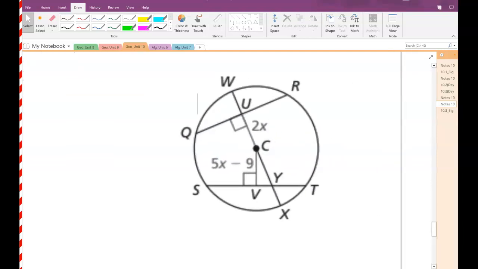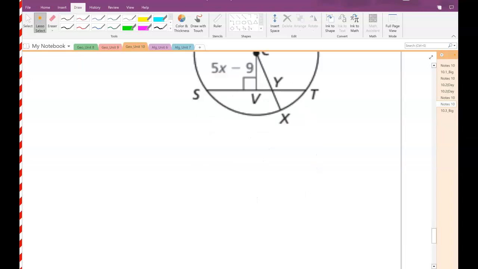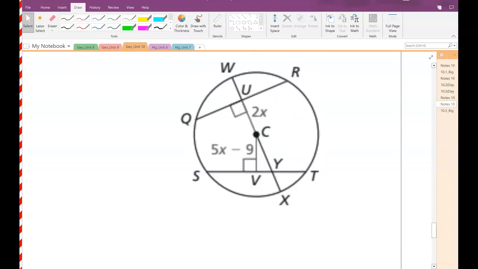QR and ST are both chords, and they have a length of 16 for each of them. So if you want to write, it's hard to write a chord length. Let's say that's equal to 16, and that's equal to 16 too. These are both chords. Why we're going to use those chords, because here in our diagram,